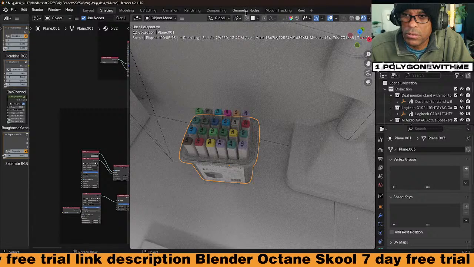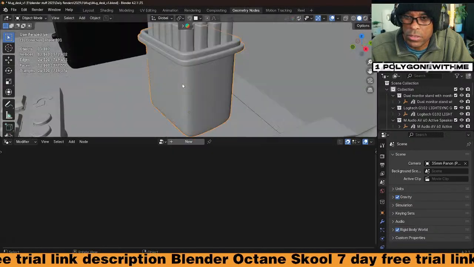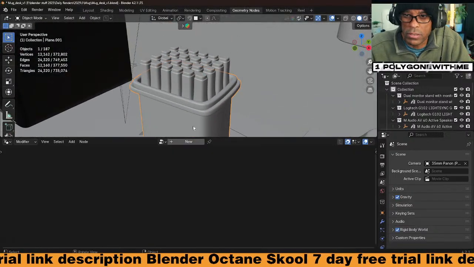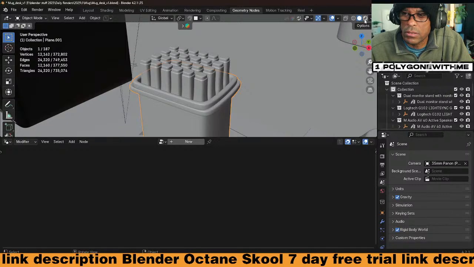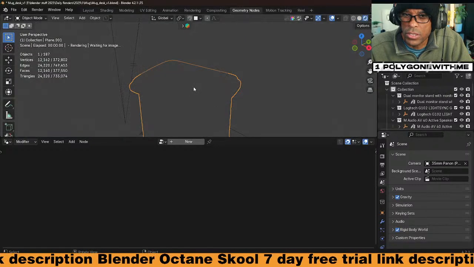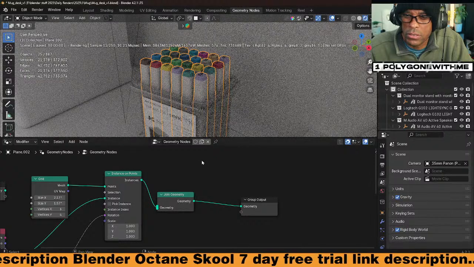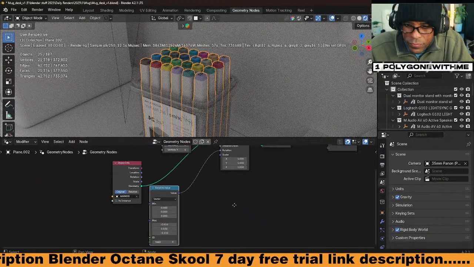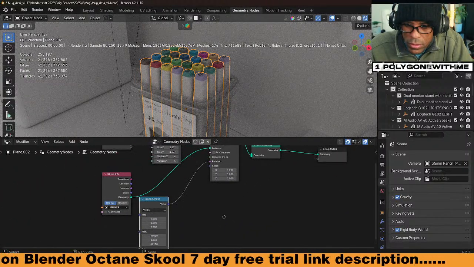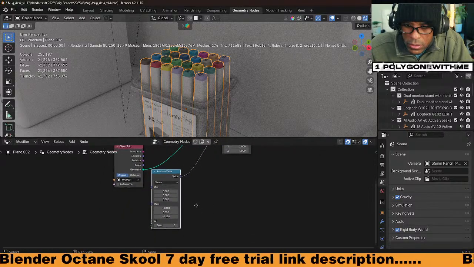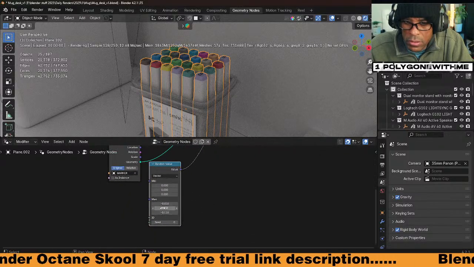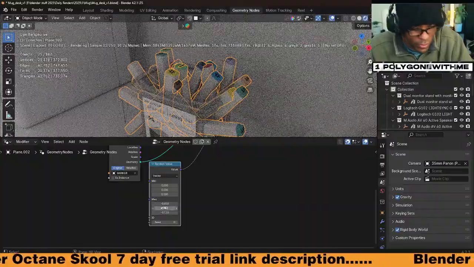I probably could do something with the geometry nodes, the geo nodes, right? Some type of random rotation. Random value, rotation. Not that.